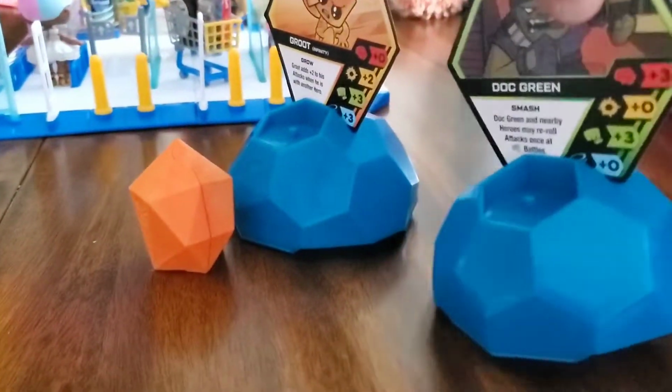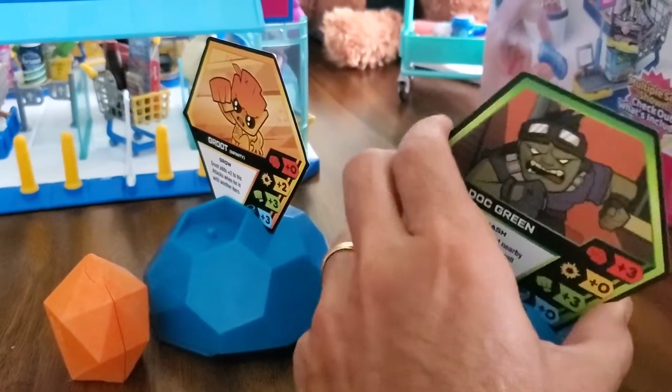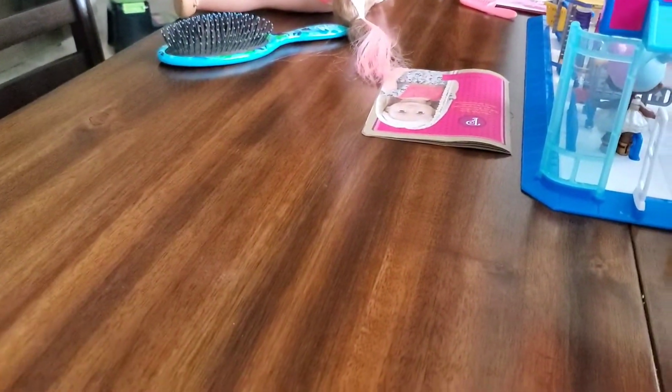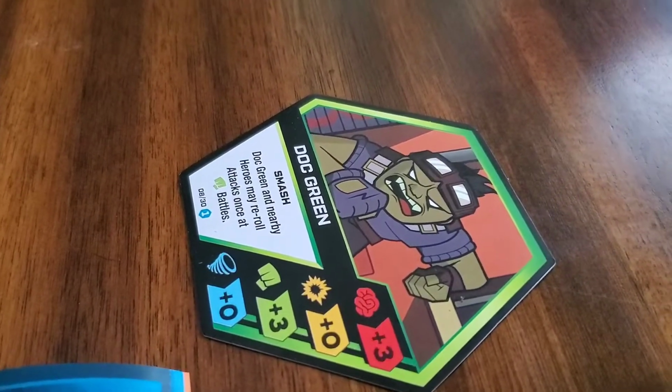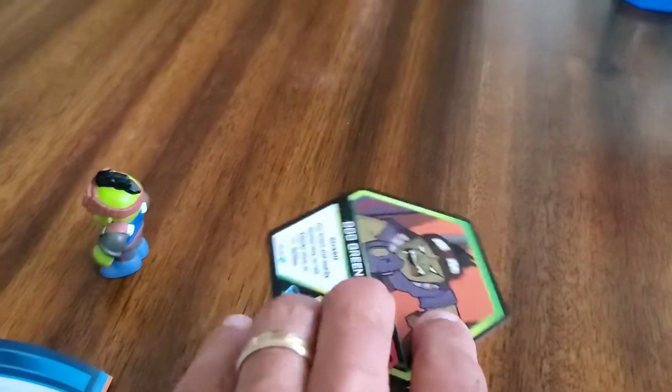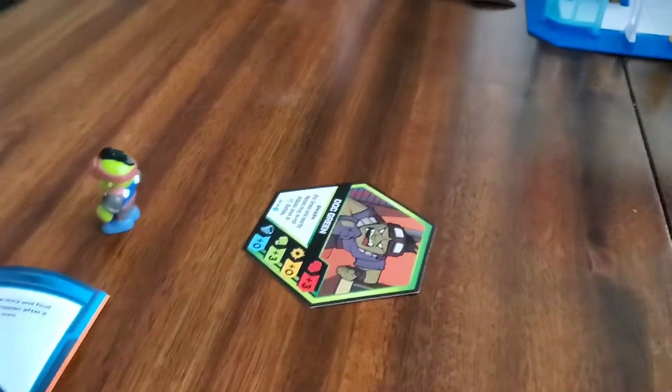But the first thing that we're going to do, okay, is we got to get our hero set up. So you put the hero card up. He obviously has attributes on there that can play an effect as the game goes on. And you put your guy here, okay? So next, we got to set up